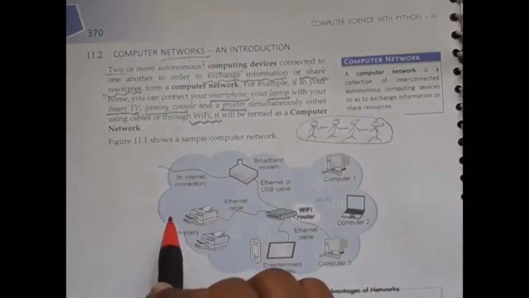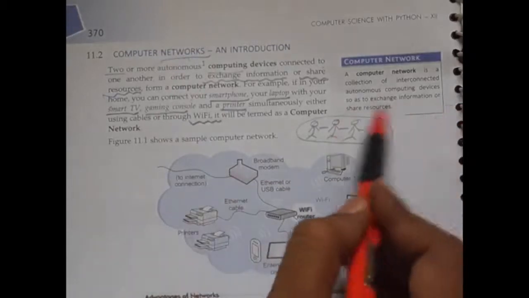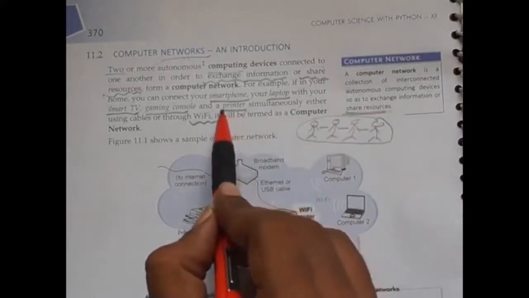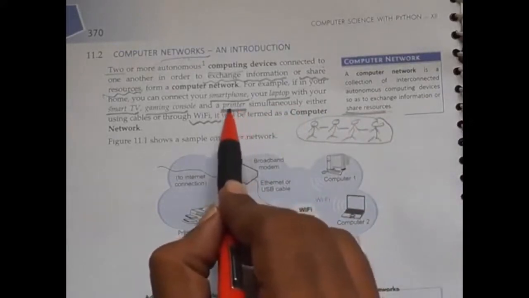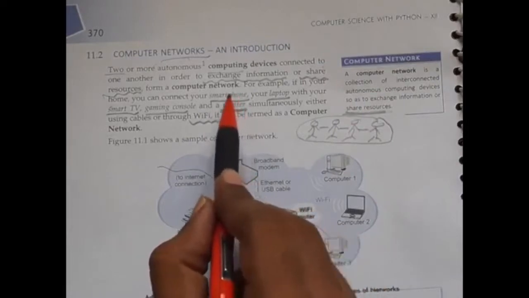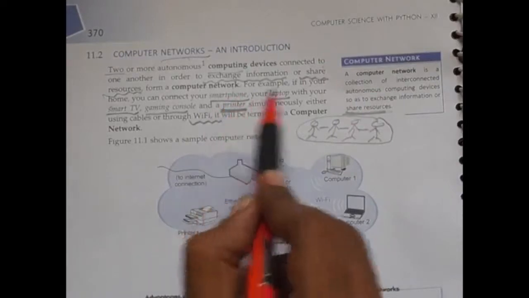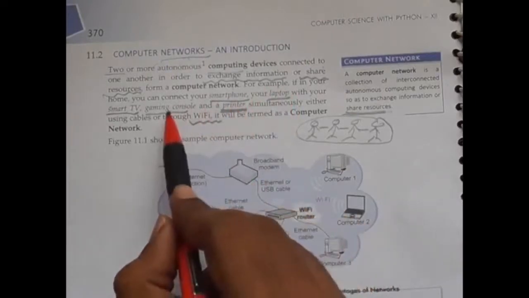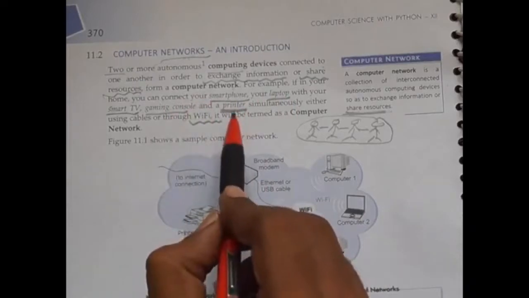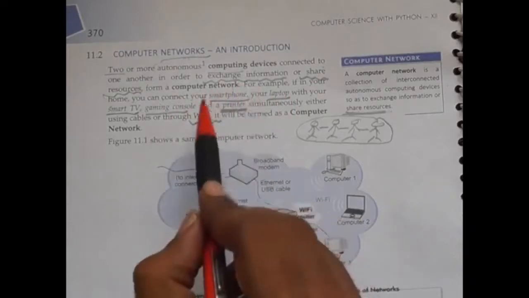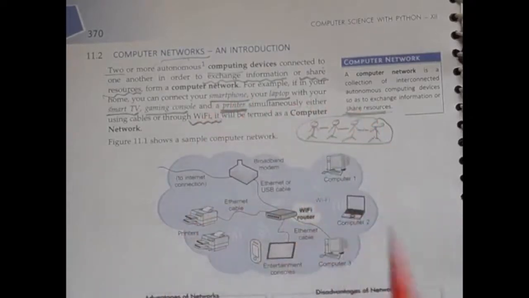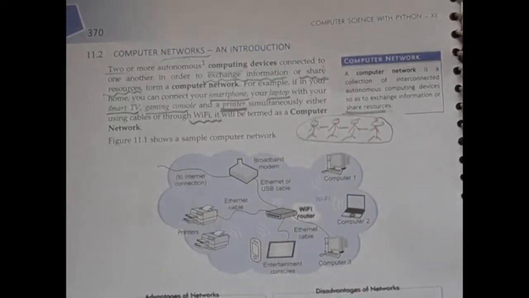Got it? Okay. Then what is called sharing the resources? Can you see, only one printer is there. Through the smartphone you can take a printout, or through your laptop you can take a printout, or through your gaming computer you can take a printout. Like that, if you form a network, you can share the resources. Got it? So this is called computer networks. So hope you understand. Thank you very much.